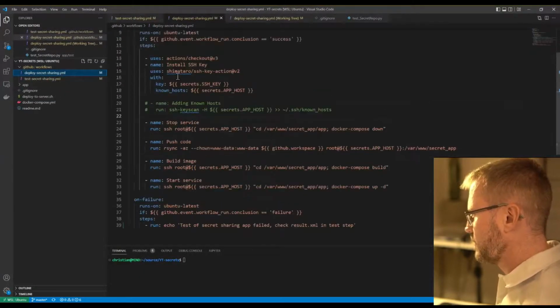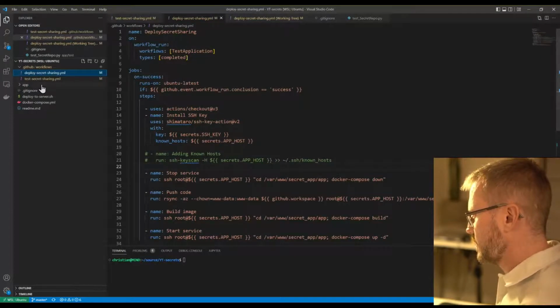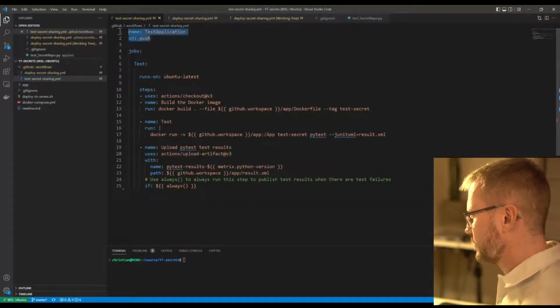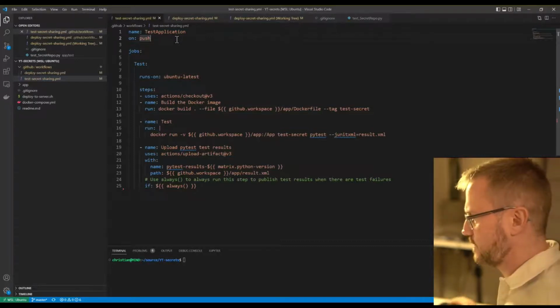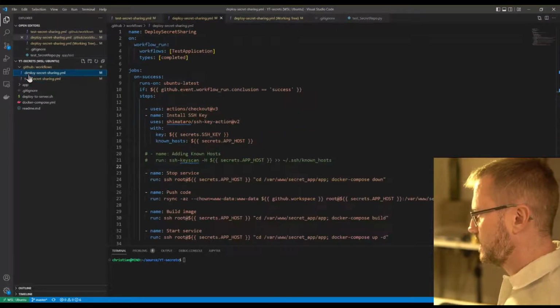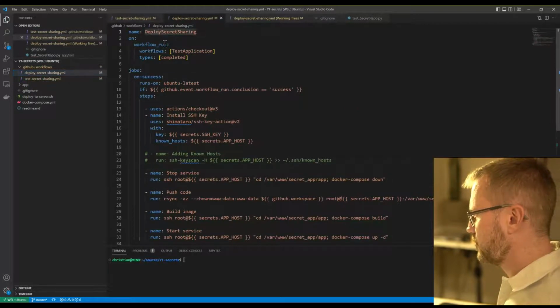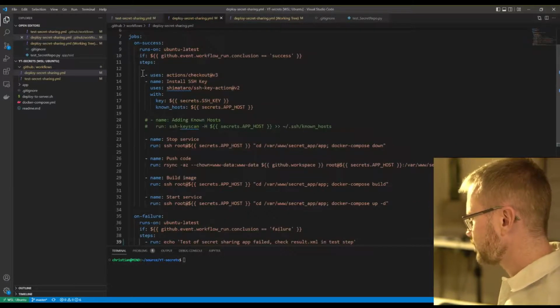another workflow here. You see the first workflow here is triggered on push, so that means when I commit the code, it runs the test. And here I then have a workflow which is triggered on the other workflow completing. Basically it just runs all the steps, so it does this, it installs the